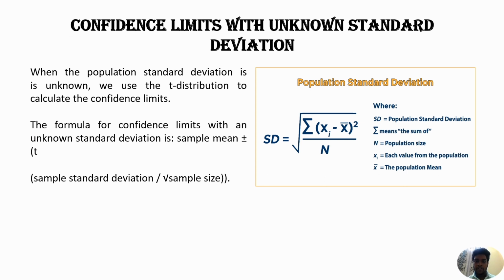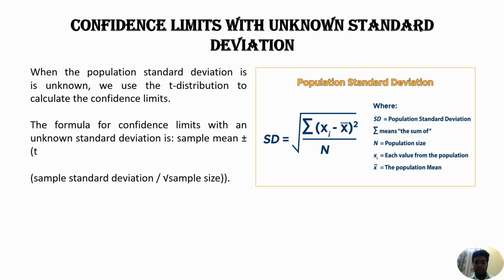Confidence limits with unknown standard deviation. When the population standard deviation is unknown, we use the t-distribution to calculate the confidence limit. The formula for confidence limit with an unknown standard deviation is sample mean plus or minus t times the sample standard deviation divided by the square root of sample size,